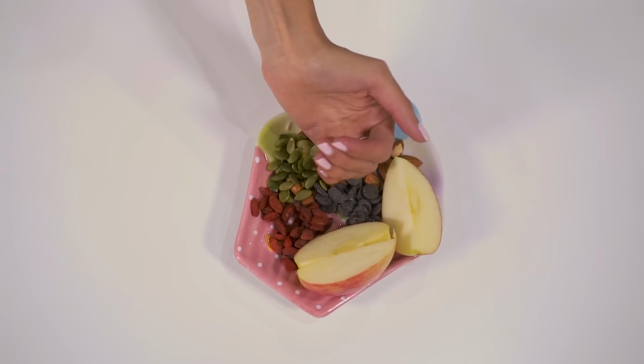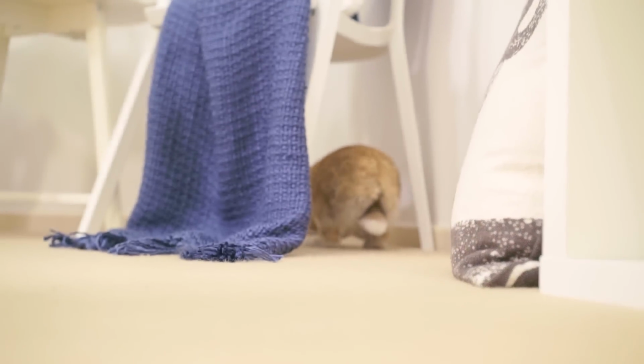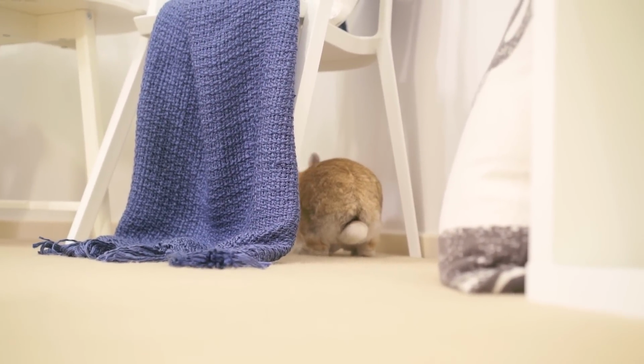So I love the idea of making a healthy study snack platter like this one, which has some dark chocolate, goji berries, nuts, seeds, and some fresh fruit. But other times, if I'm pretty hungry, I'd opt for something a bit more substantial like a protein smoothie or a sandwich. After I've made something to eat, I'd head over to my study and say hello to this little